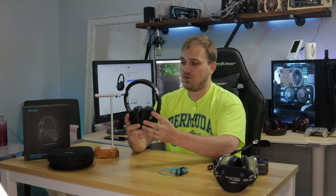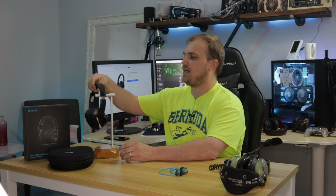These are quite good. And I mean, yes, they're not as good as this, or as good as a high-end Bose headset, but for this price, you're getting a lot for the little amount you're paying. But we'll come back to the noise canceling aspects of it. Let's just talk about the headset itself and what I really liked about it. So first off,